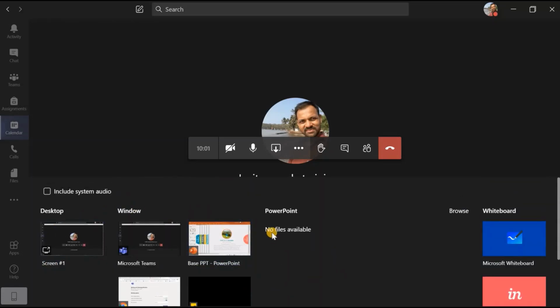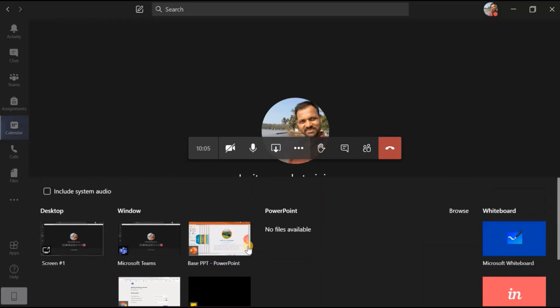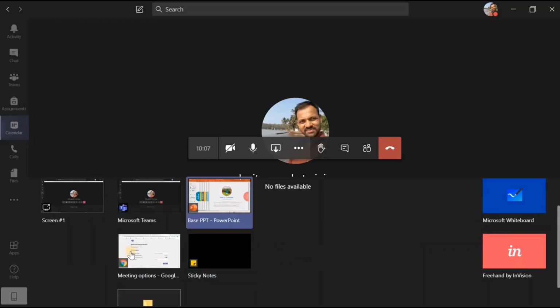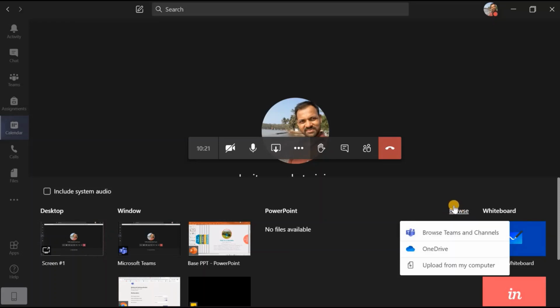Along with this, a few more options are there. These files are already added by me, or these are already running on my computer. Suppose apart from this I want to share something else, then towards the rightmost lower corner I will get a function called browse. Here I will get different options.